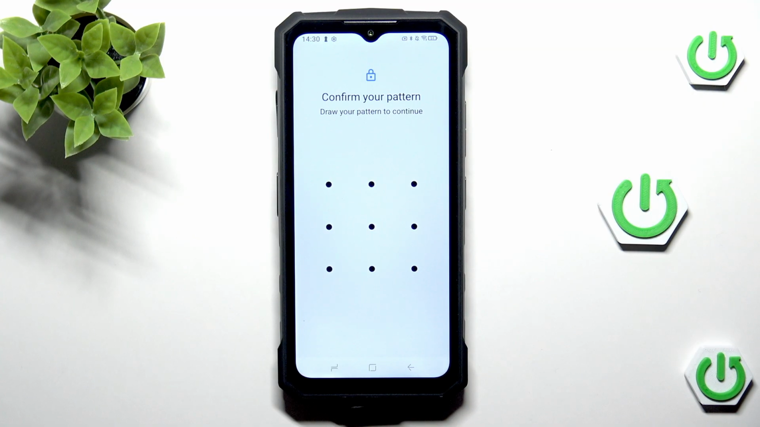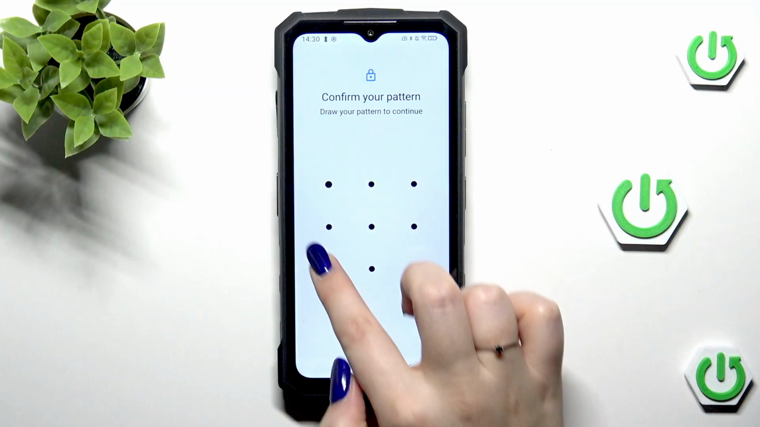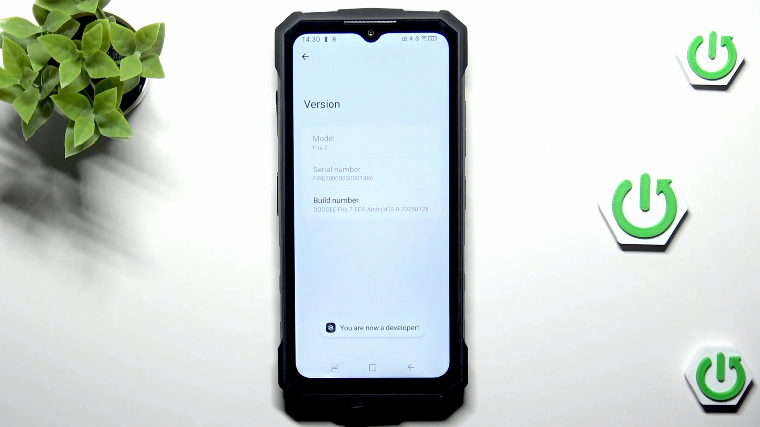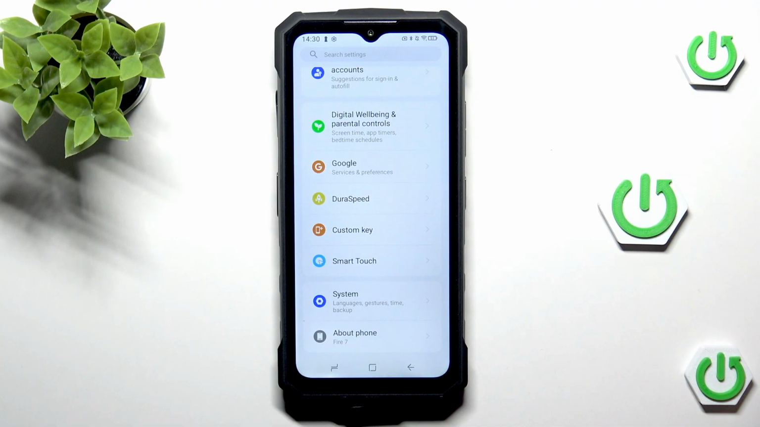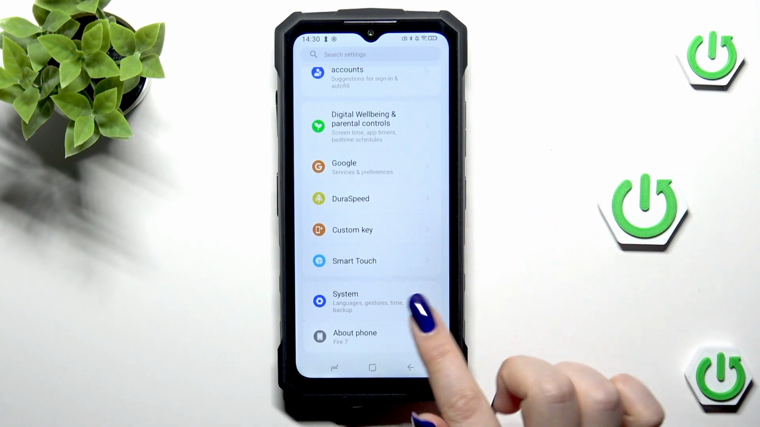If you've got any kind of screen lock, you will have to enter it to confirm the whole step, but that's normal, no worries. And as you can see, now we've got the information that we are in developer mode. So now we can go back to the general list of the settings, and here let's find the